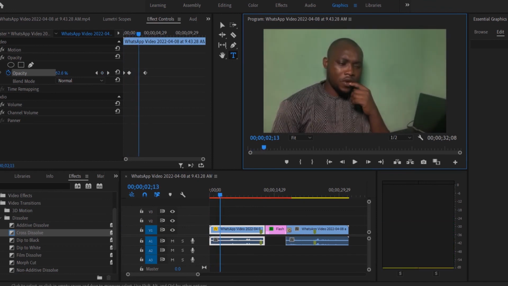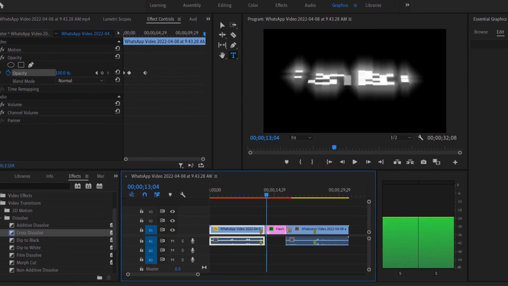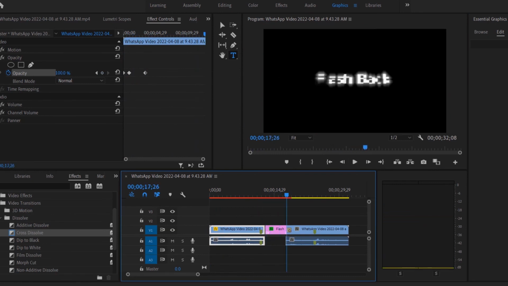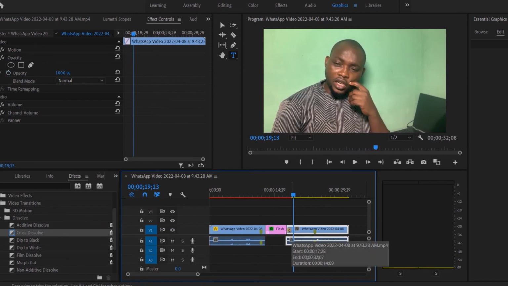Just like this. Perfect. So this is going to look like this. Now at this point, remember this is a flashback, telling you that it is a flashback. So I want to change the color of this to look like it's a flashback. We have to change the color so that it will show that this is a flashback. Maybe we're trying to say that this is what happened in the past, but